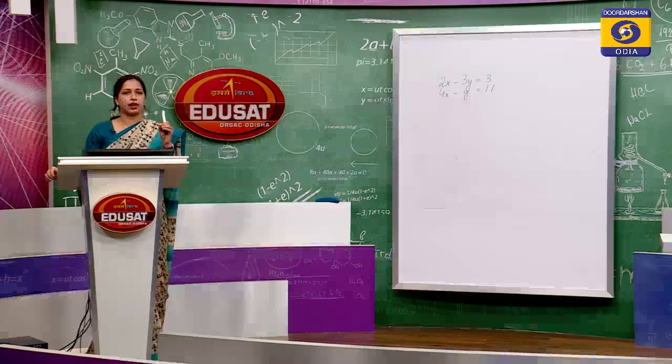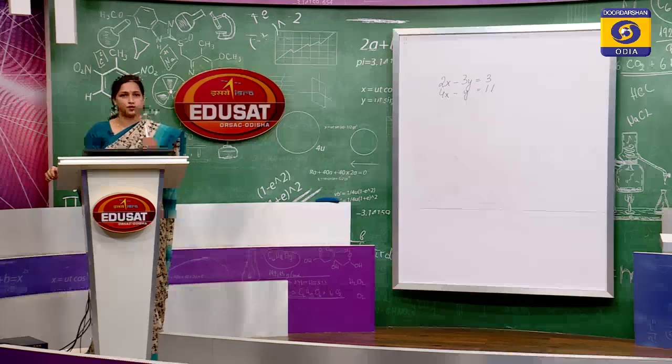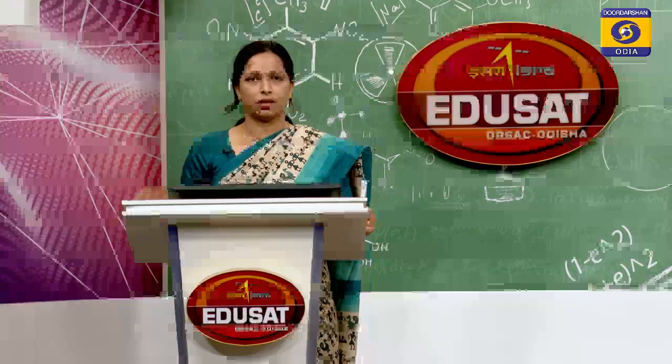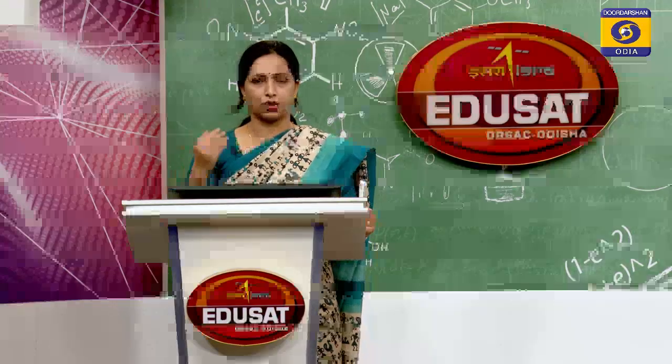So, for example, if I write 2x plus 3y equals 15, x and y are the unknown variables, 2 is the coefficient of the variable x, and in 2x plus 3y equals 15, 15 is the constant or the known value, right. Now, how do we find out the values, right, using determinants?